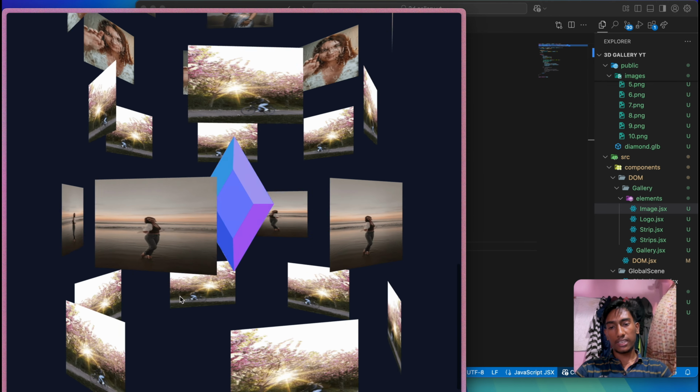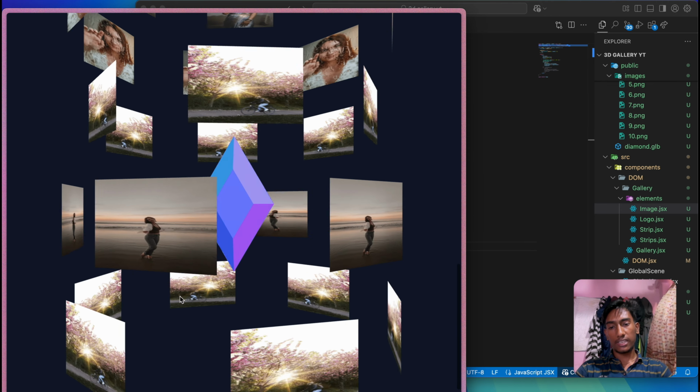I can just pass true here, and it will give me a function instead of a value. So if I just log the random texture function now, you can see I'm getting a function. If I just run the function, you can see I'm getting a random texture every time. So I just need to run the random texture instead of giving it as a value. So if you see now, they all have a random texture. Each plane has its random texture.